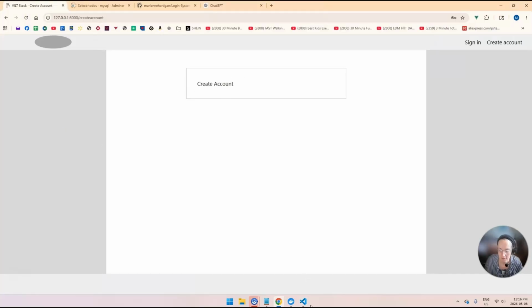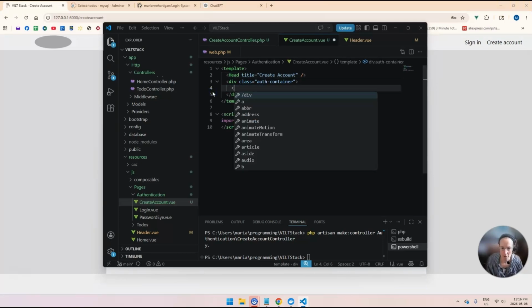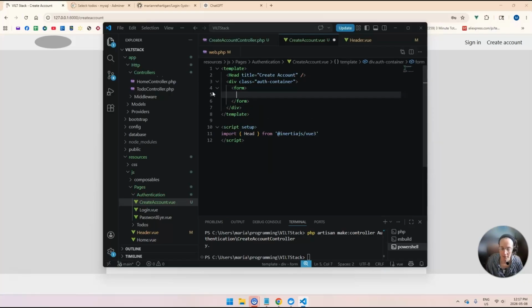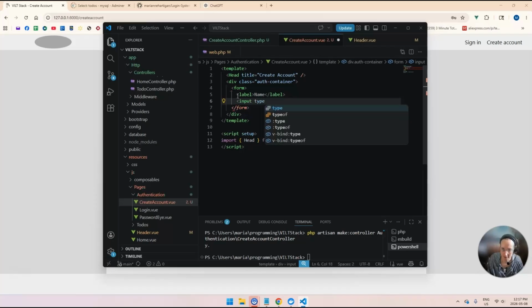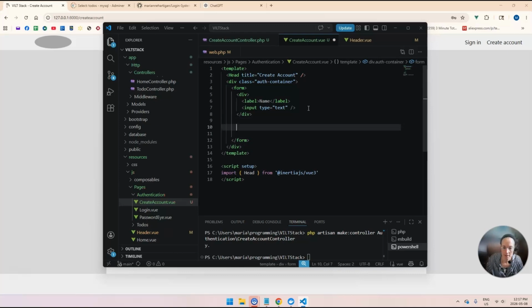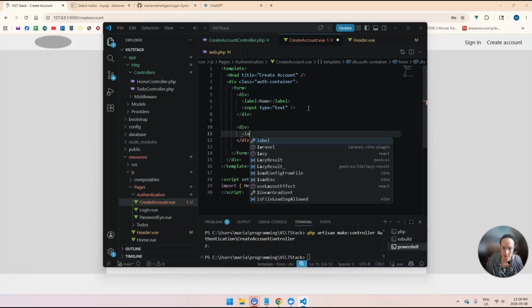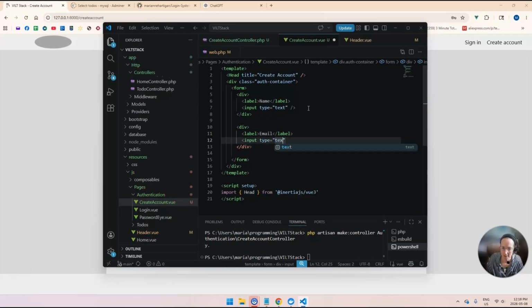Okay, so let's set up the structure. We're going to need a form, and we'll ask for the user's name and email, and we'll ask them to give us a new password. So we're going to say label, name, and we'll do the input, type equals text, and we'll wrap that in a div, and we'll do the email, label email, input type equals text,